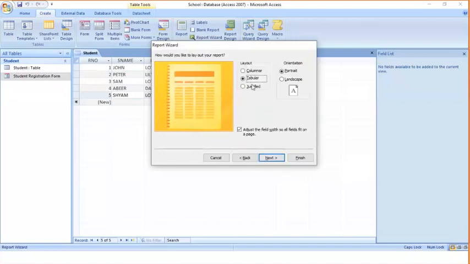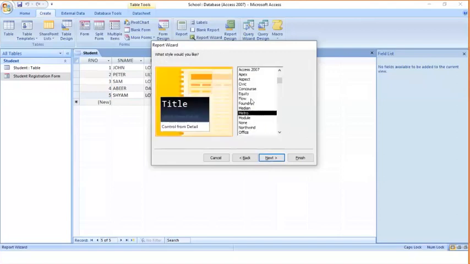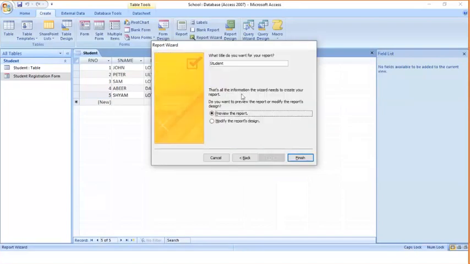And the next one is the format you want, columnar, tabular, or justified. Suppose I take the tabular format here, portrait or landscape, it will ask you. Then click on next. Then again the designs are available. Suppose you like this design and the color combination, so you take this. Go to next. It will ask you the title of the report. Suppose I want student list